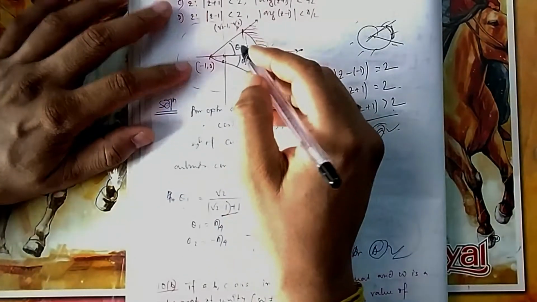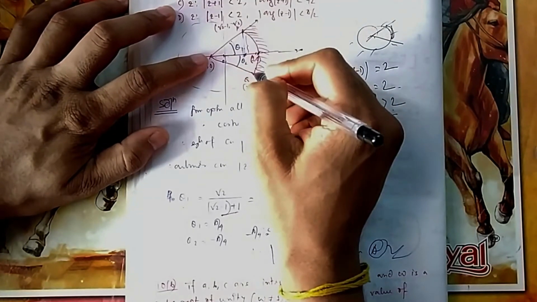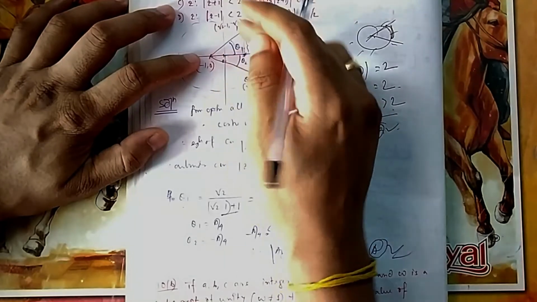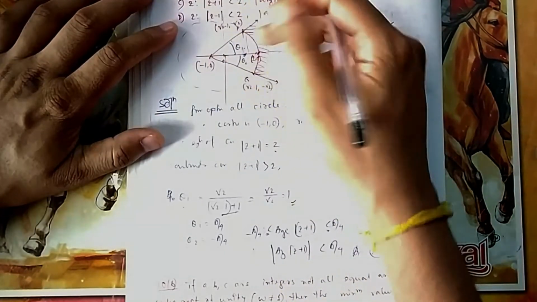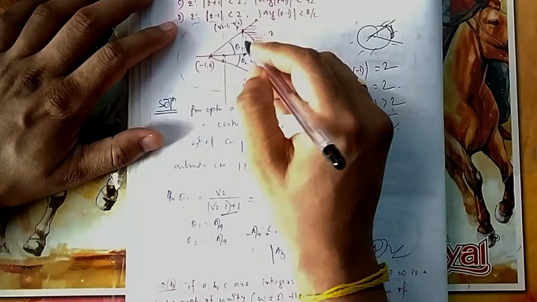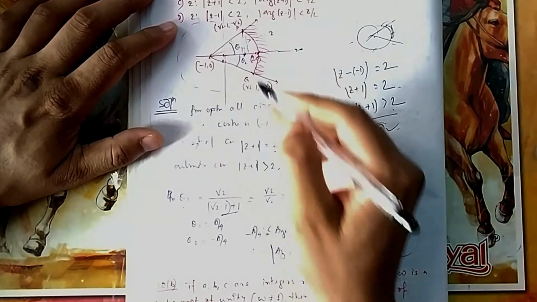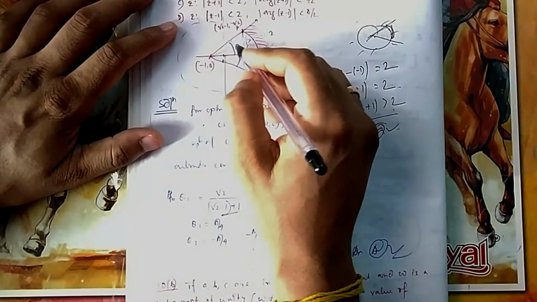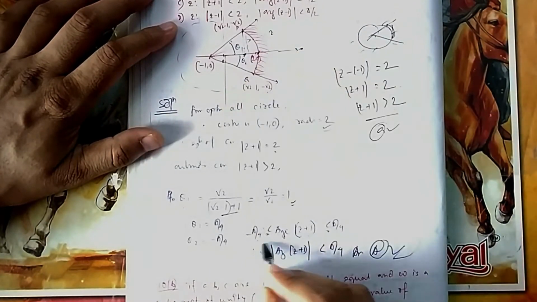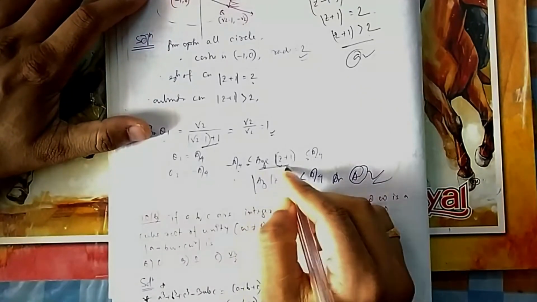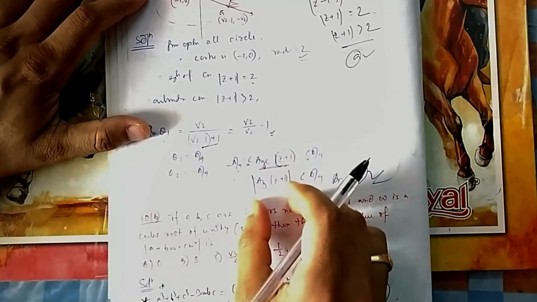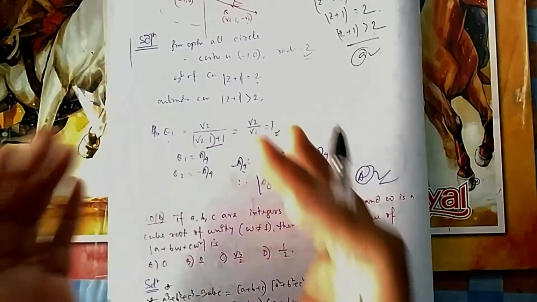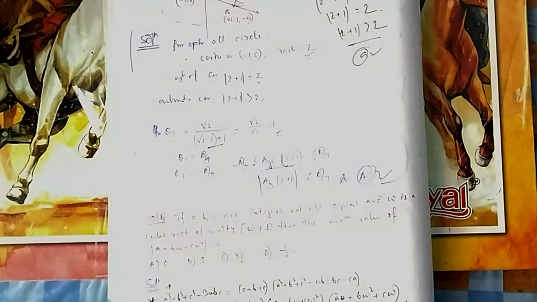So the argument of z, any point here, z minus this, should be within plus 45 or minus 45. Suppose this is your z, so this is the directed vector, z minus this, that is z plus 1. The argument of this should lie between plus 45 and minus 45. That means the argument of z plus 1 should lie between minus pi by 4 and pi by 4, so its absolute value should be less than pi by 4.